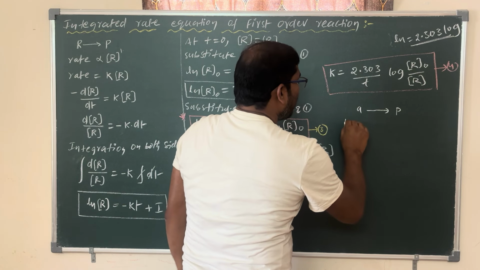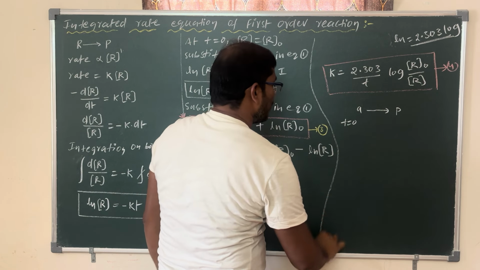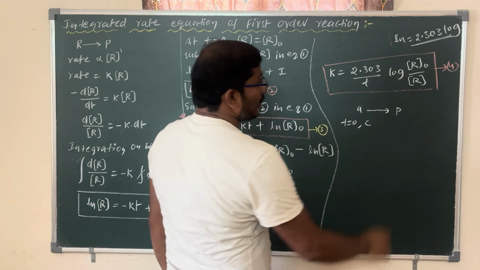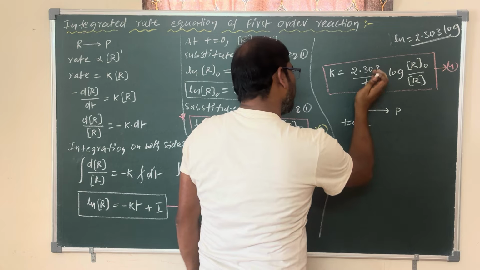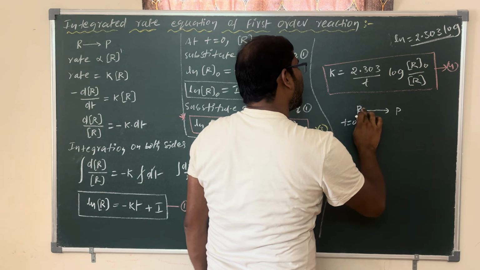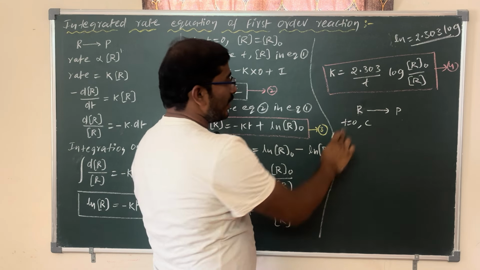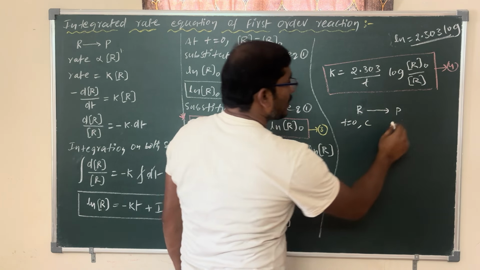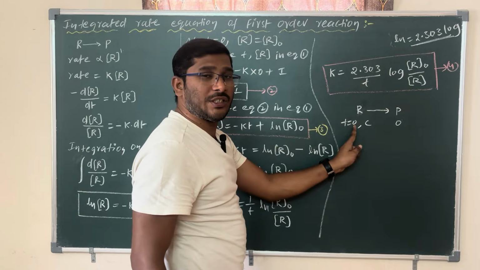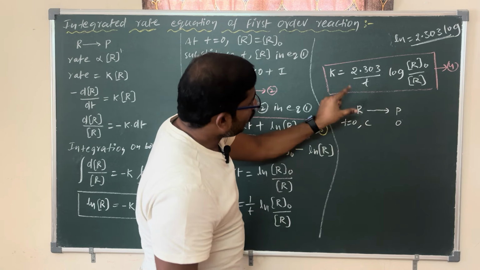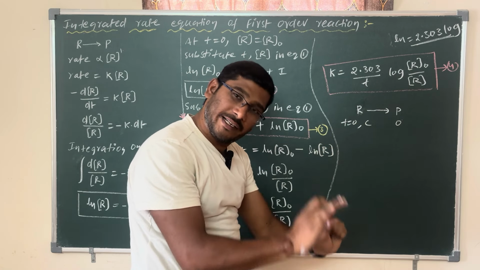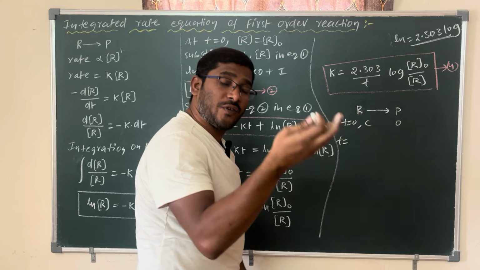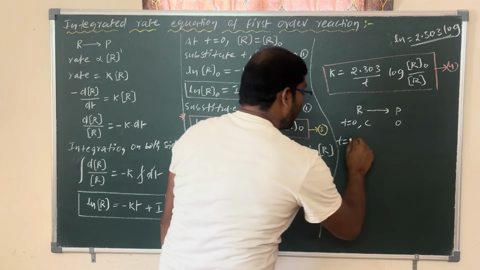Now at time equal to 0, students, the concentration of A I take as C, and the concentration of products is 0. Why? Because time is 0, the reaction has not started yet. How much concentration of reactants is there? That much, as usual. Products concentration is 0. After some time, on 5 minutes, or 10 minutes, whatever it may be, after time t1,